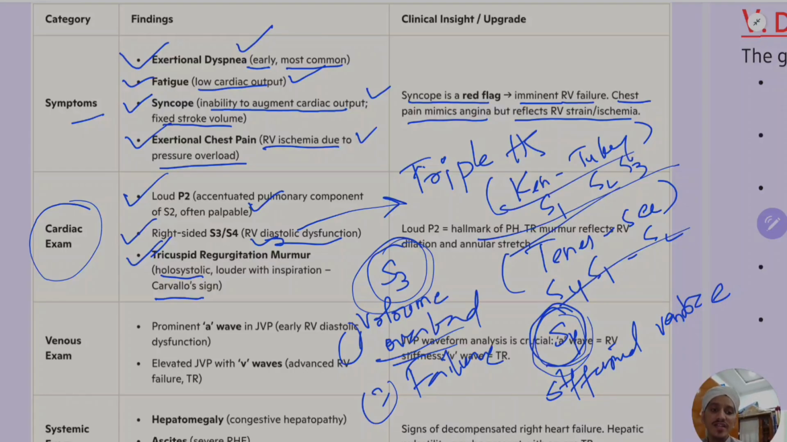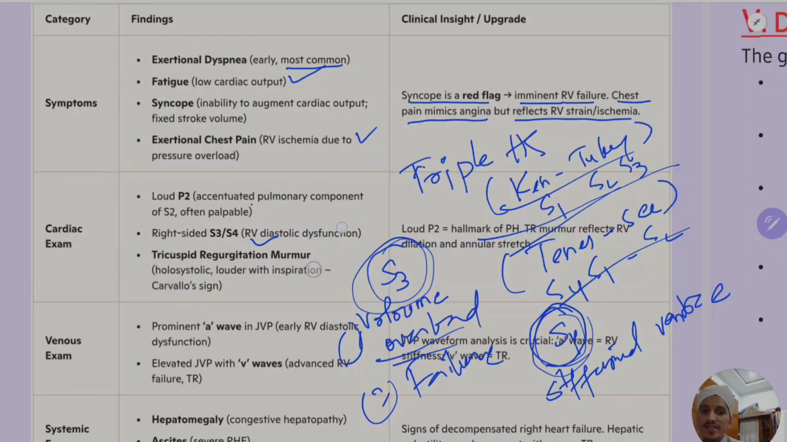Triple heart sound you can hear when there is right ventricular failure or right ventricular hypertrophy, in the context of pulmonary hypertension. So these are the findings. So the things to note in the signs are